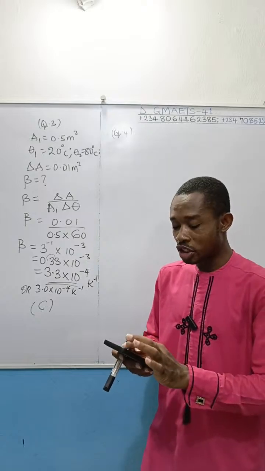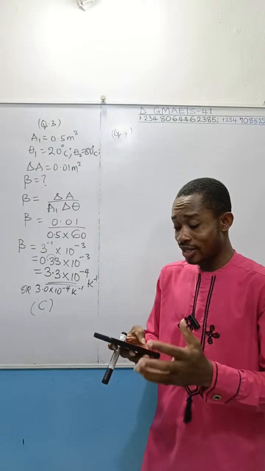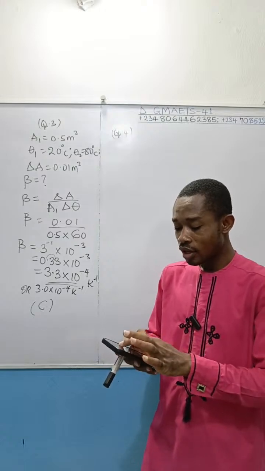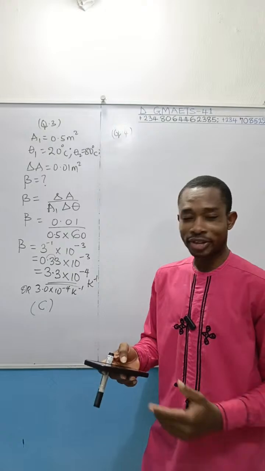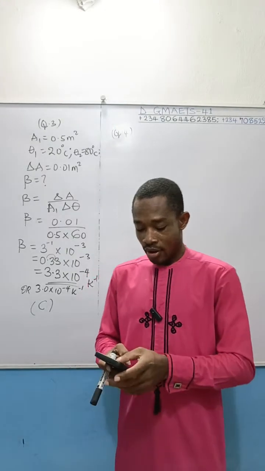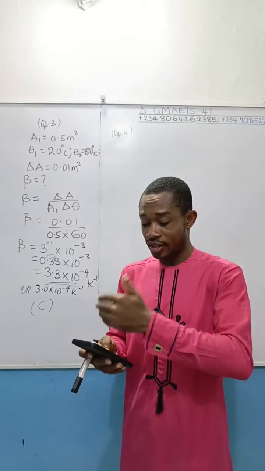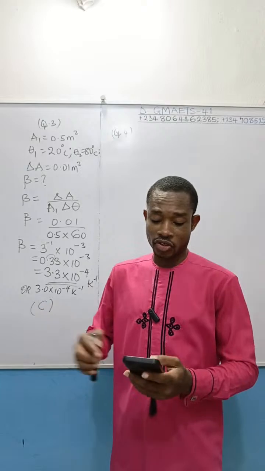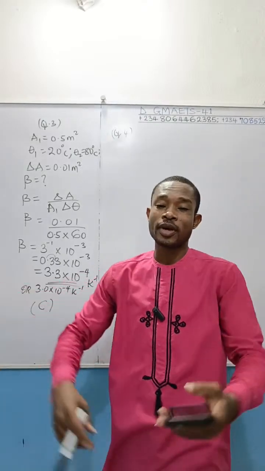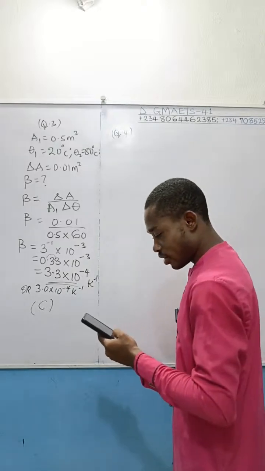Why can I not change these values you gave? Of course, it's because if you're in the examination hall, you can't go changing questions that the examiner provides. So in as much as, at least from personal experience, I feel like this is what the value should be, I can't change it. I'm going to solve with respect to the 11 times 10 to the power of minus 6 per degree Celsius